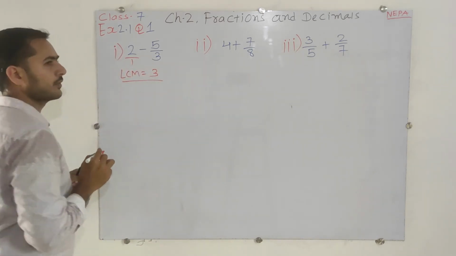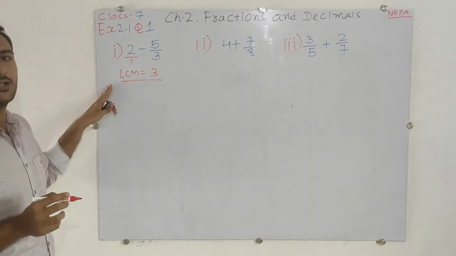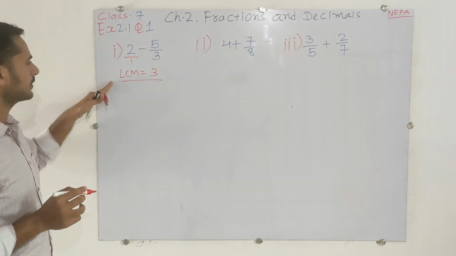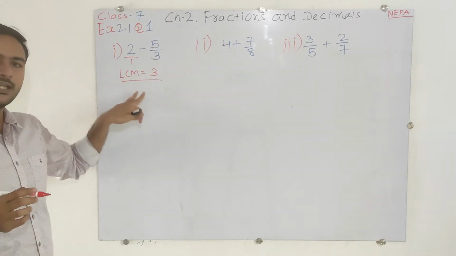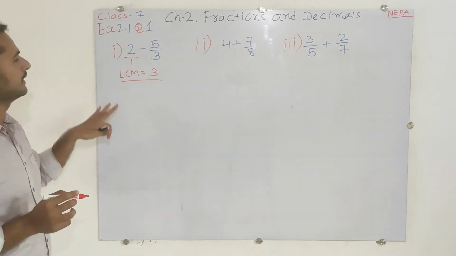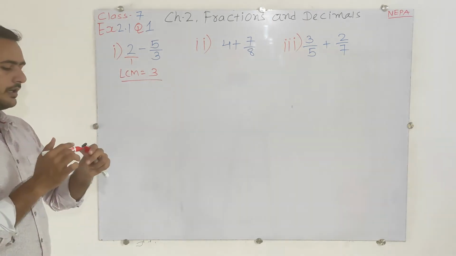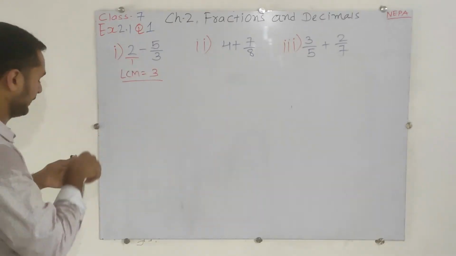This is for your reference, okay? This is not for the calculation. There is no need to show that. So this step, LCM is equal to 3, in the steps, is just for your reference. You can do that very well. Now,